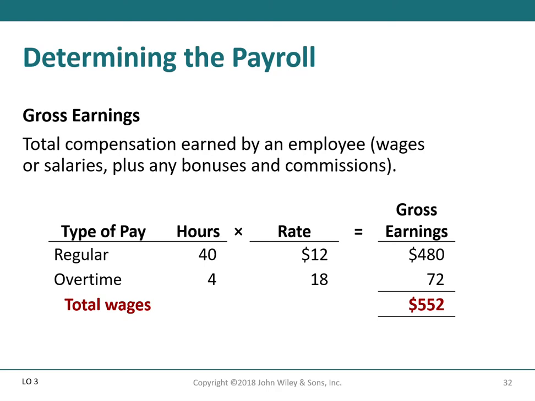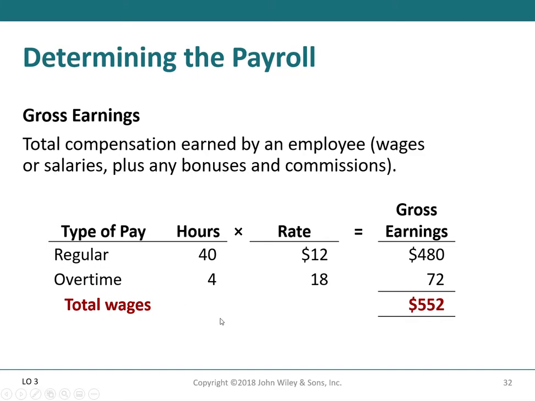Now salaries are easy. Let's say you have a $12,000 a year salary. You divide it by 12, they're paid $1,000 a month. So that's easy. When it comes to gross earnings, it's a little more challenging when we're talking about wages. So we're going to do an example here. This is how many hours.